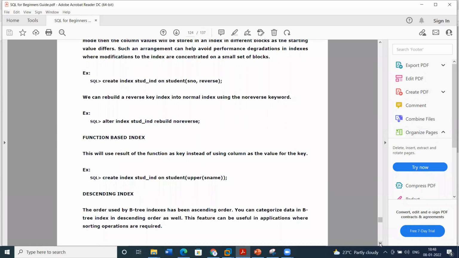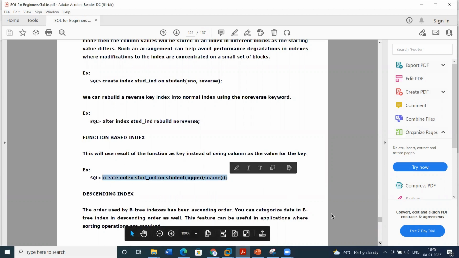Function-based indexes depend upon a function. If you are using any function and want to use an index for it, you can use this.